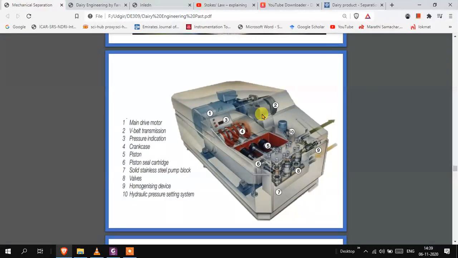So what is a homogenizer? Homogenizer is an equipment which is used for the process of homogenization. It is basically a pump, a high pressure pump, which forces the milk through a wall which is having a narrow gap. ये बेसिकली एक हाई प्रेशर पंप होता है, आपने पंप के बारे में पढ़ा है, ओके।